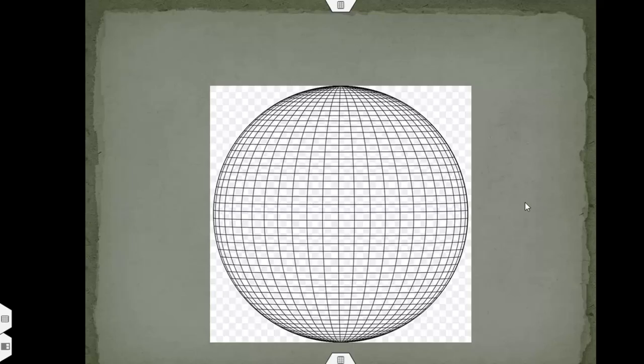Suppose we have a mesh of a sphere. After generating the mesh, we have to create a solid model from that. So this one is a solid model without any shader. We have applied a material here, but there is no shader. We cannot distinguish whether it is a sphere or a circle.